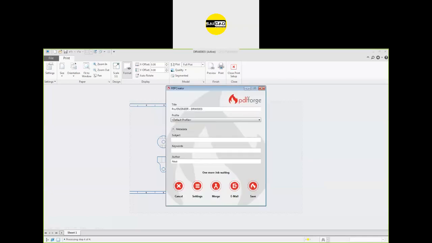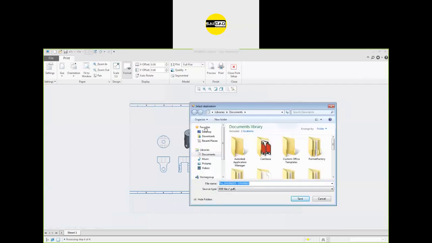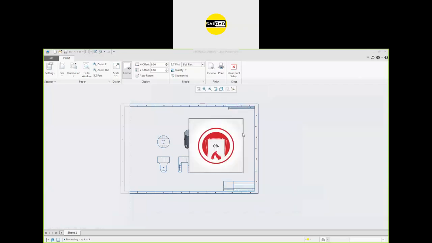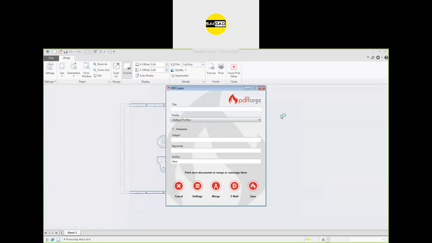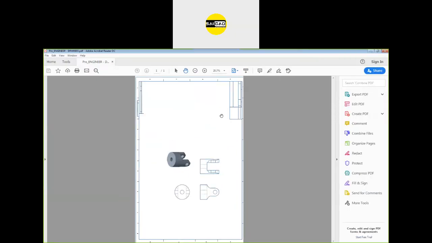It will take some time to create the PDF. Where you want to save that file, just define the location. I want to save that in the desktop. So here is the file. It will open automatically. You can see we have the file here.